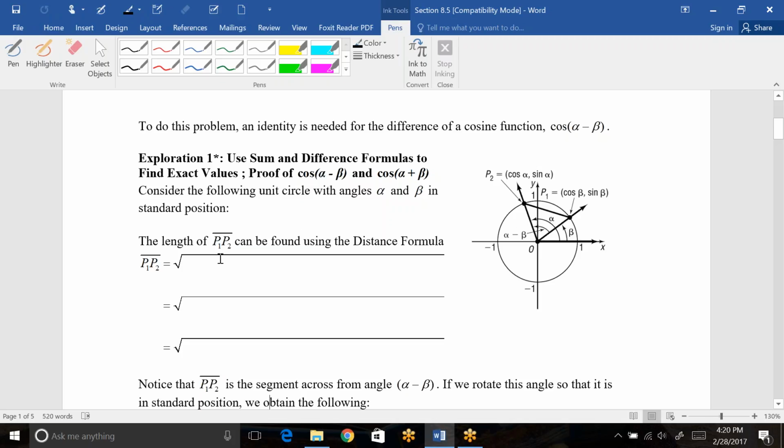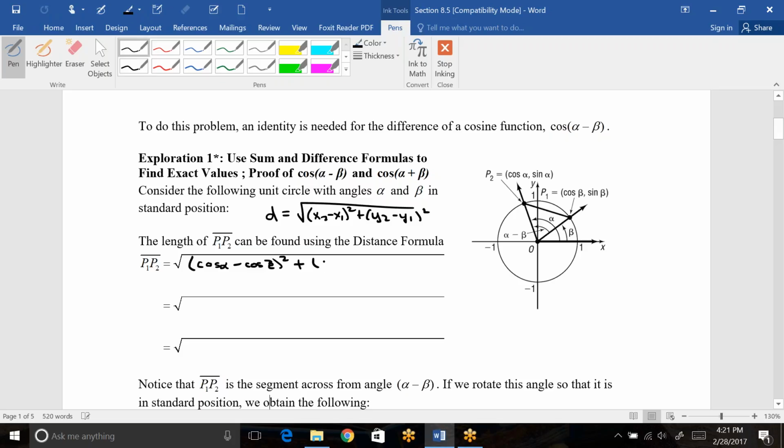So if we wanted to find the length between the 2 points, so we're trying to figure out what's the distance here, we could look at this using the distance formula, which, if you haven't done that in a while, is d equals the square root of x2 minus x1 squared plus y2 minus y1 squared, where these are just the pieces of the ordered pair. So for this it would be cosine alpha, because I'm going to use P2 as my x2 and y2. So cosine of alpha minus cosine of beta